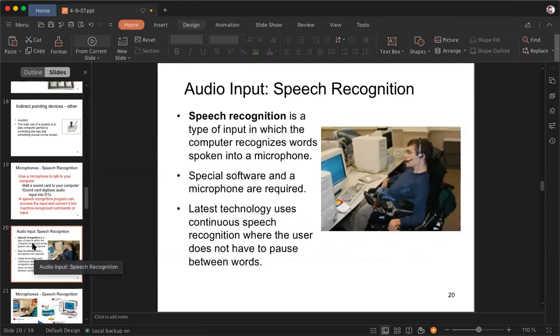It is very common that you have special software available with the help of which you can put your audio into the system, like when it comes to recording as well. With the microphone only, you can record your voice into the system. It's very common nowadays.